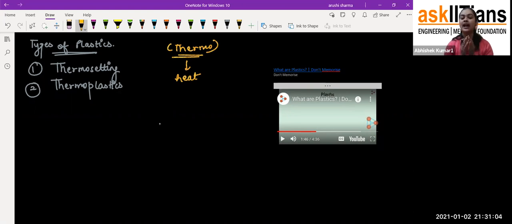So now I hope my students are clear about what is plastic, what is the linear one, and what is the cross-linked one. When you have interlinking, that is called a cross-linked polymer. You have seen that plastic is a polymer only, and the linear one is plastic only, the linear plastic form. So you can say that.